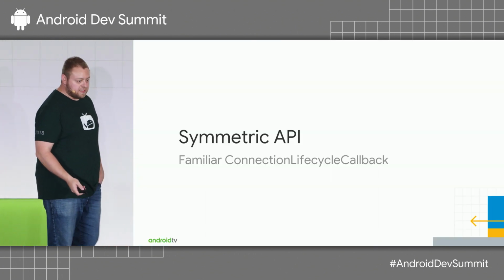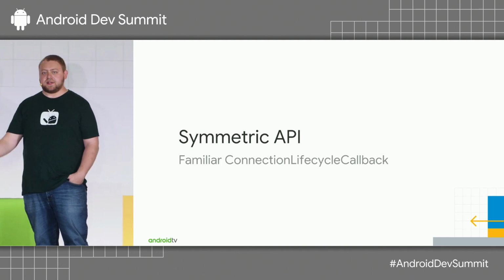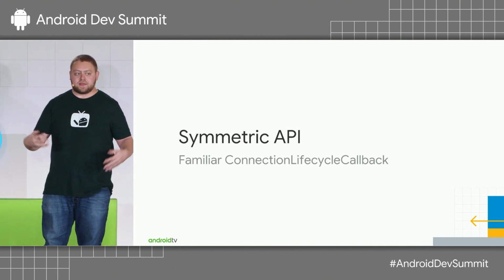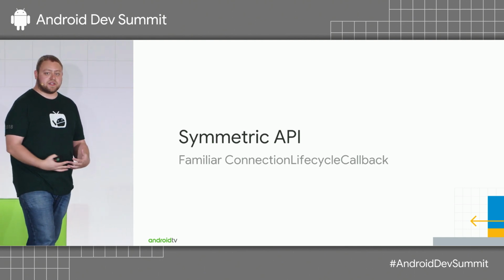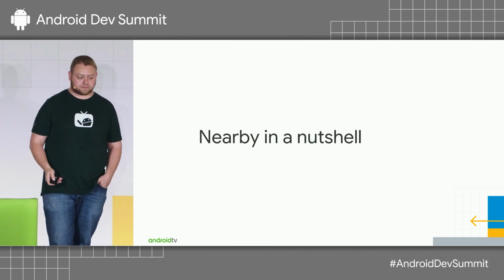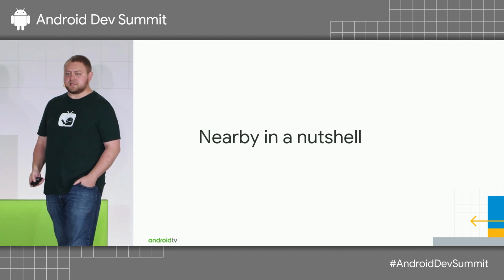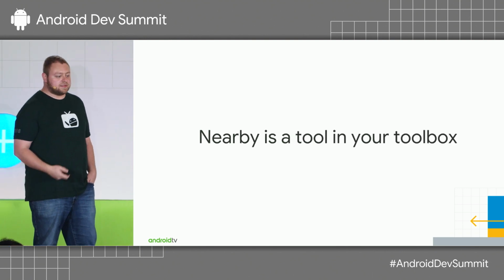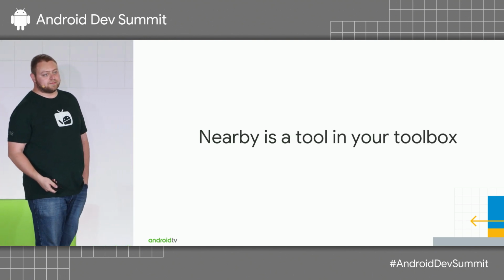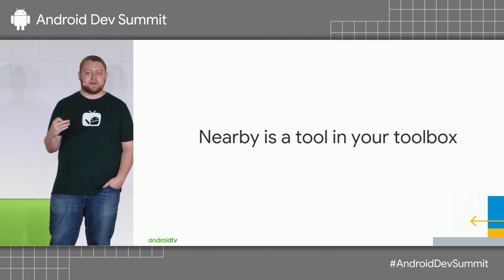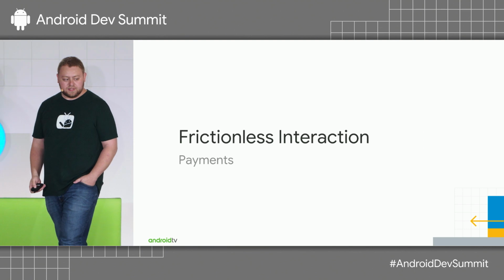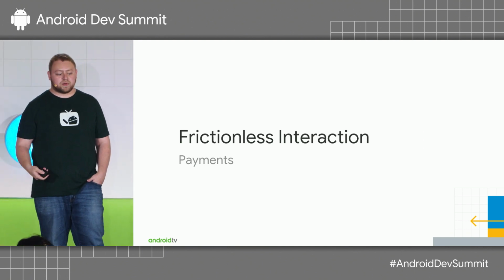Everything after this is identical. You're going to have a connections lifecycle callback that handles how they communicate, and then you're going to have a payload callback that says what are they going to communicate. And that's it. That's pretty much Nearby in a nutshell. But Nearby is a cool tool. It's nice to have in your toolbox of kits for how to add more experience to your TV app. So let's look at one more example.